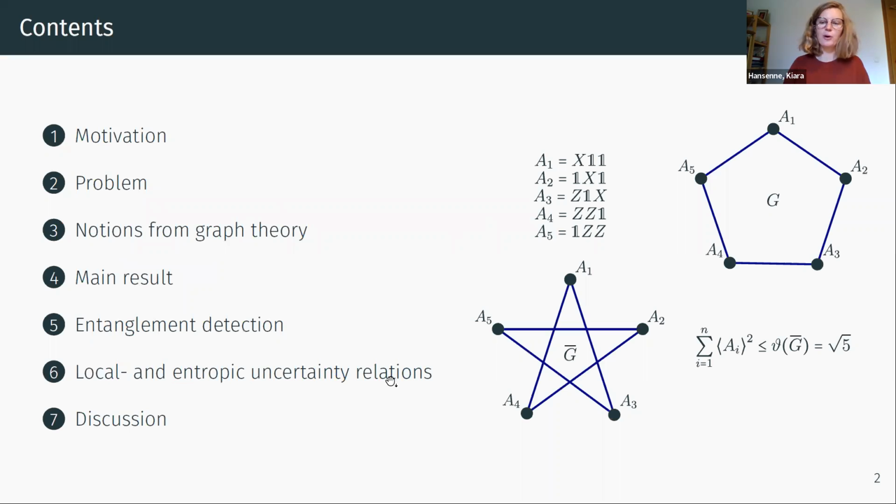All right, so for those who maybe open the paper, this is a very short summary of what we did. Basically we have some observables, and then we can build some graphs depending on some properties of those observables. And then from the properties of the graphs, we derive some uncertainty relation like this. So this is mostly what I'm going to be talking about, and I'm going to go step by step to be sure that everybody understands and so on.